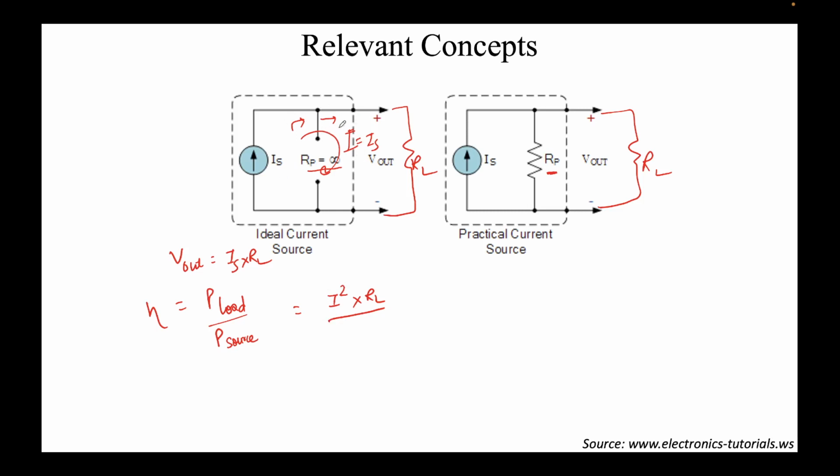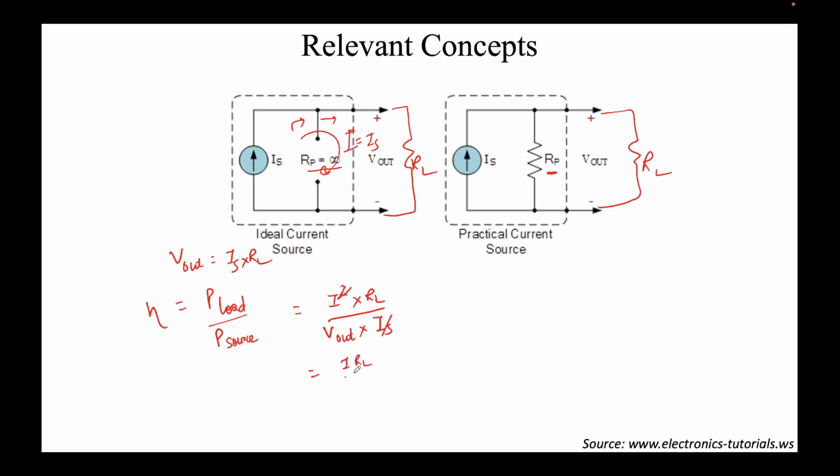Power provided by source is the voltage that the current source is seeing. Now what is the current source seeing? Our current source is seeing a voltage of V out. So we'll simply write V out times, what's the current? The current rating is IS. So I'll write IS. Note that I is equal to IS, so I'm using them interchangeably. So one of them will get cancelled since I is equal to IS, and we will get